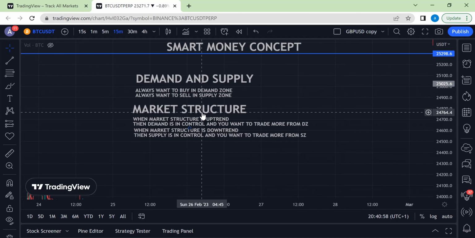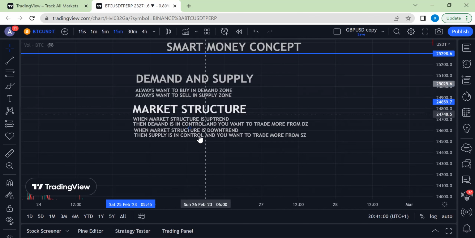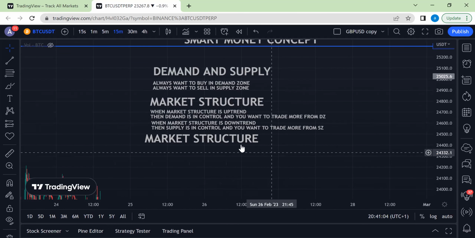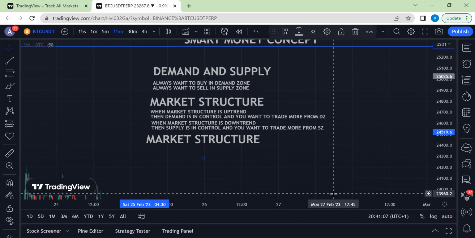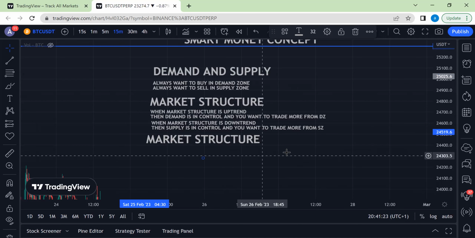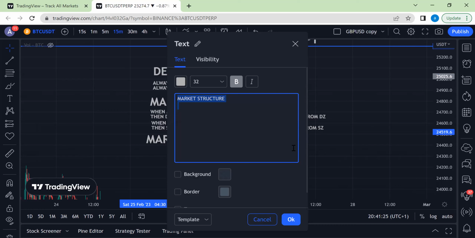The next topic we'll be talking about again is a kind of complex topic. I'll just put it there. All these topics I just listed are just like eight topics. We'll still be having subtopics under them. Like demand and supply, we'll be having how to refine demand and supply and all of that. Then market structure, we'll also have factors and all stuff like that. So the next one we'll be talking about is